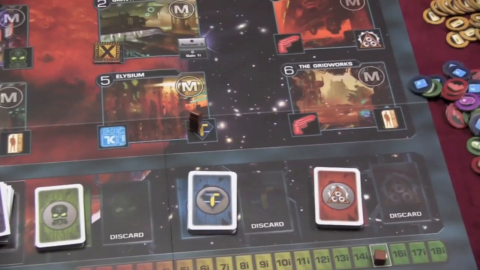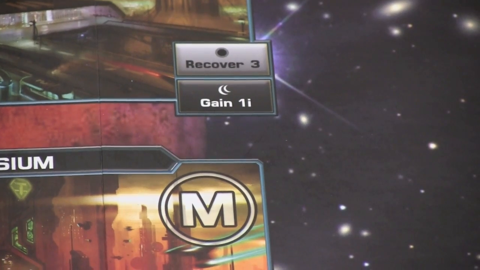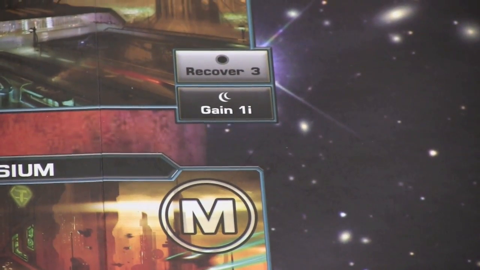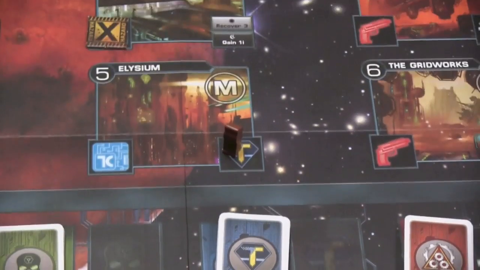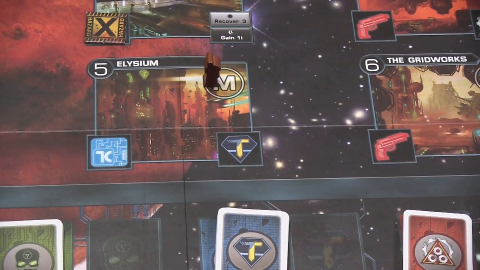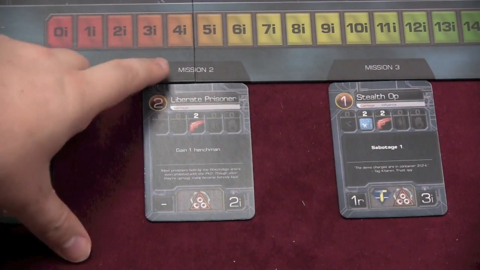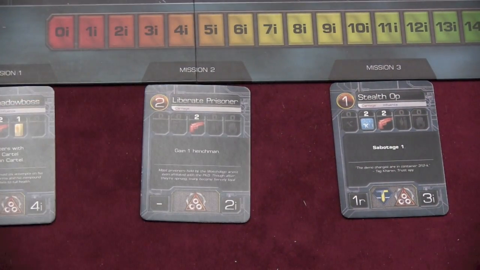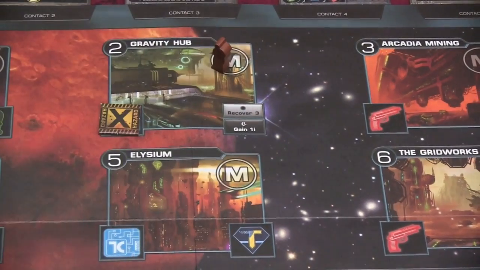And then the other thing that's on these cards here, well, here's one spot you can go basically where you can recover 3 of your spent bribes in the daytime, or at night you can gain infamy. But you can also go to the mission on one of these. Now, when you do a mission, you have to do the mission that matches that area. So you can see here, for example, mission 2 is in area 2. So it's in the gravity hub, so you would have to go to the mission in the gravity hub to